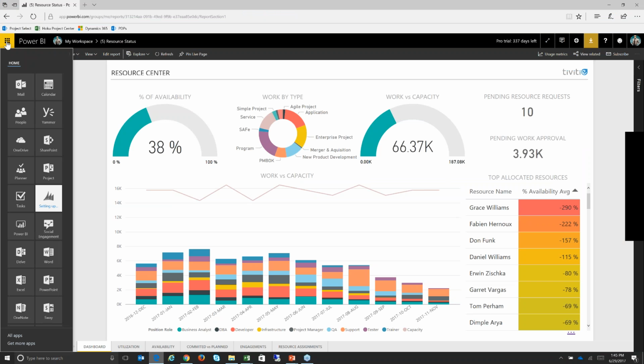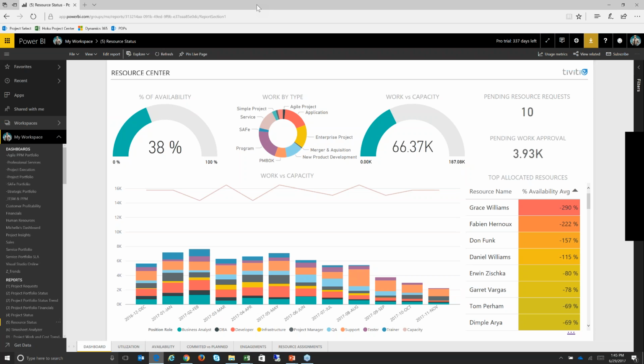Those of you familiar with Office 365, if you click the waffle in the upper left-hand corner, this shows me all the Office 365 applications that I have access to in this environment. Project Online is one of them. Power BI is another one. Here I have one of our Power BI reports loaded, and this specific one is for